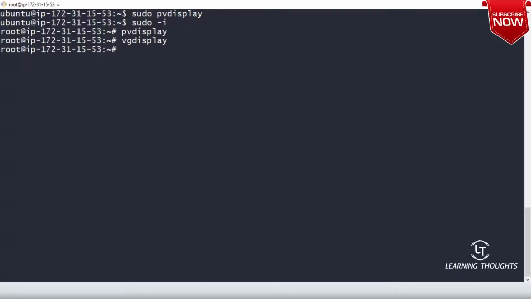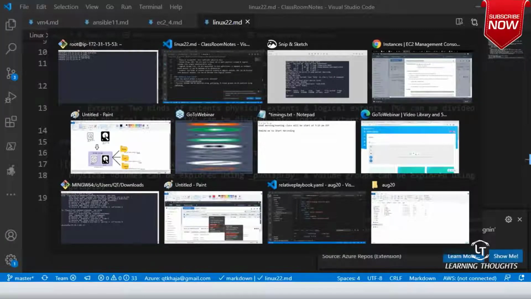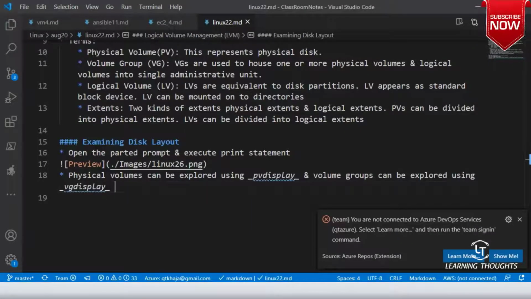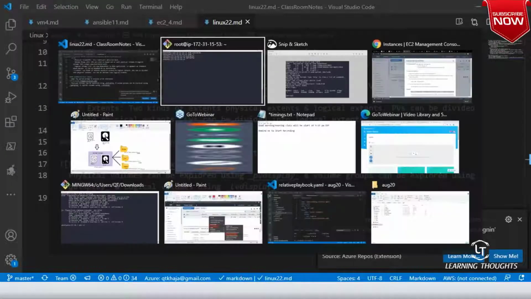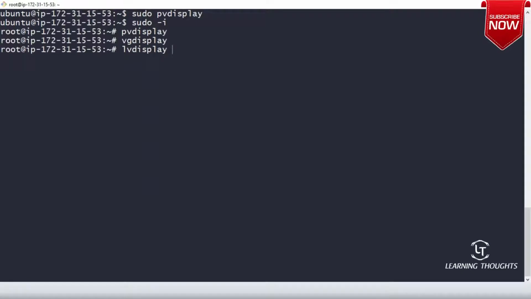I don't have volume groups either, and that's the reason why you are not seeing anything. Similarly, if you want to see logical volumes, you use lvdisplay. If I execute the lvdisplay command, I'll see this. So this is what you have at the moment.